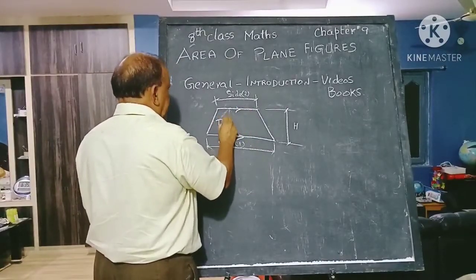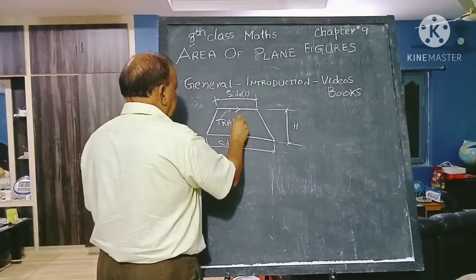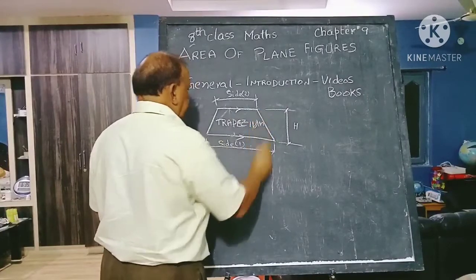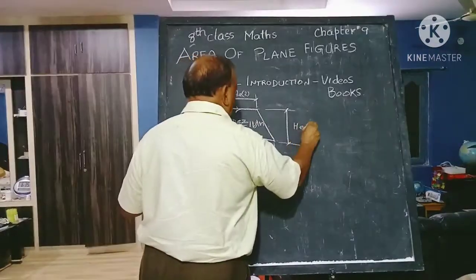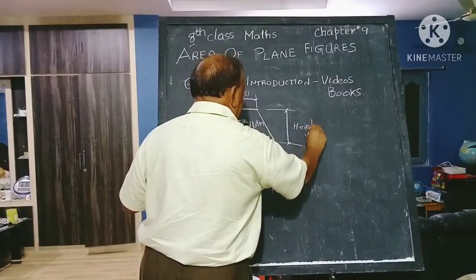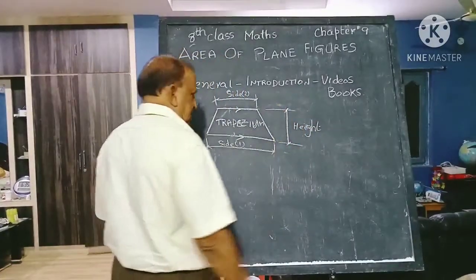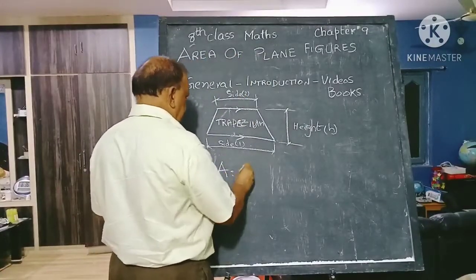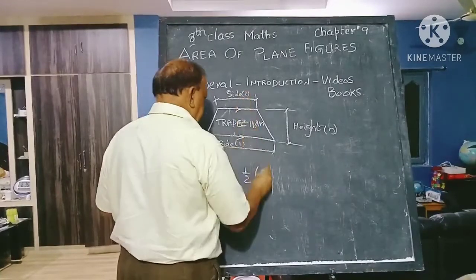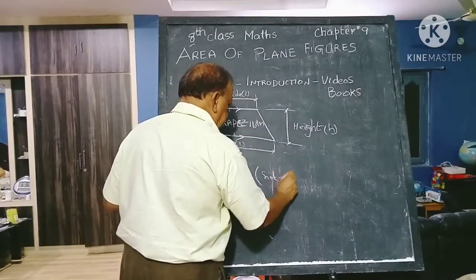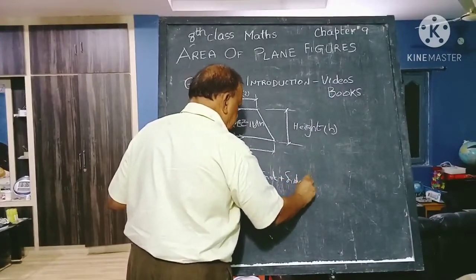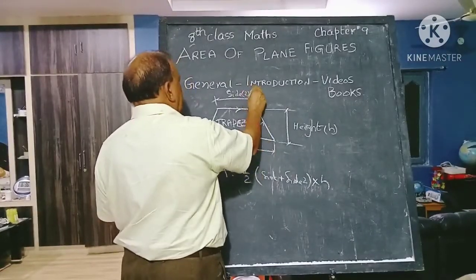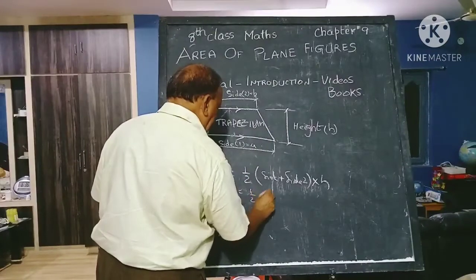So here I write it as trapezium. H is the height, or sometimes they call it the distance between the two parallel lines. So area of the trapezium is equal to half of the sum of the parallel sides, that is side 1 plus side 2, into H. Suppose side 1 I call A and side 2 I call B, so this is equal to half of A plus B